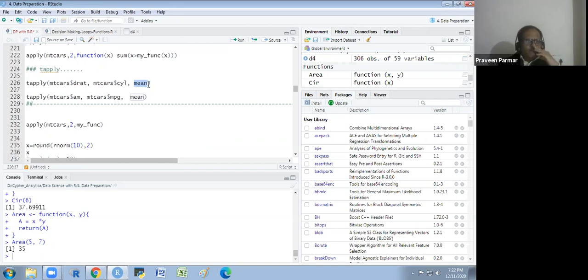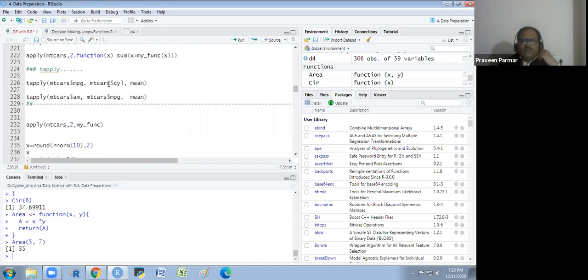In the mtcars data, we know that there are 4, 6, and 8 cylinders. Suppose I put here mileage, MPG, and mileage is a continuous variable. I want to find out the mean of mileage of 4-cylinder, 6-cylinder and 8-cylinder cars separately.